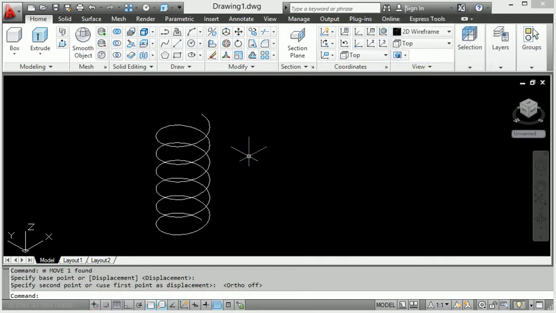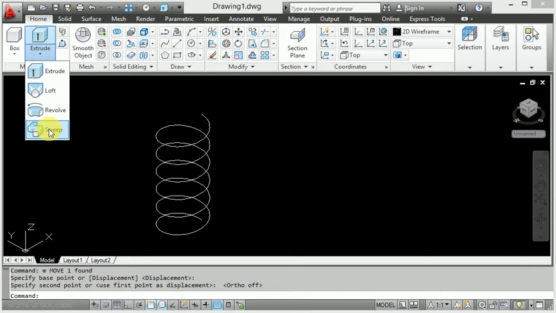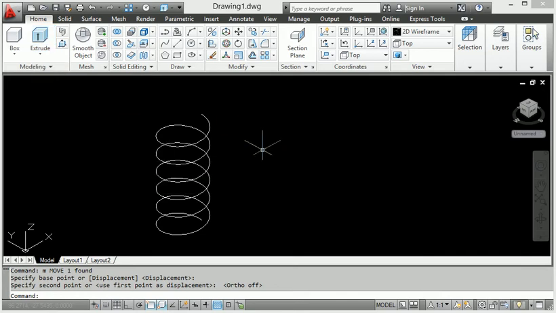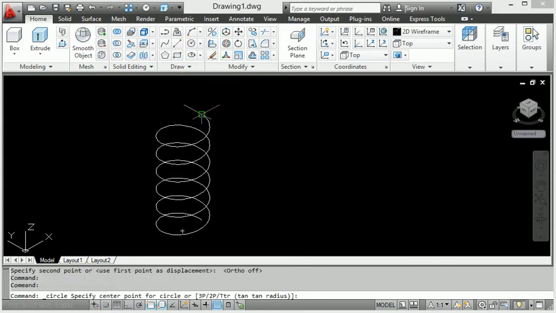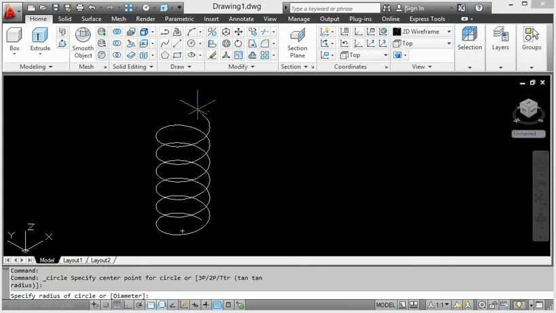Right now, first of all, I use the sweep command. Right here, enter this sweep command. First I have created the first sketch, and for the second sketch I use a circle here. This is a simple circle. Let's start from the circle here.